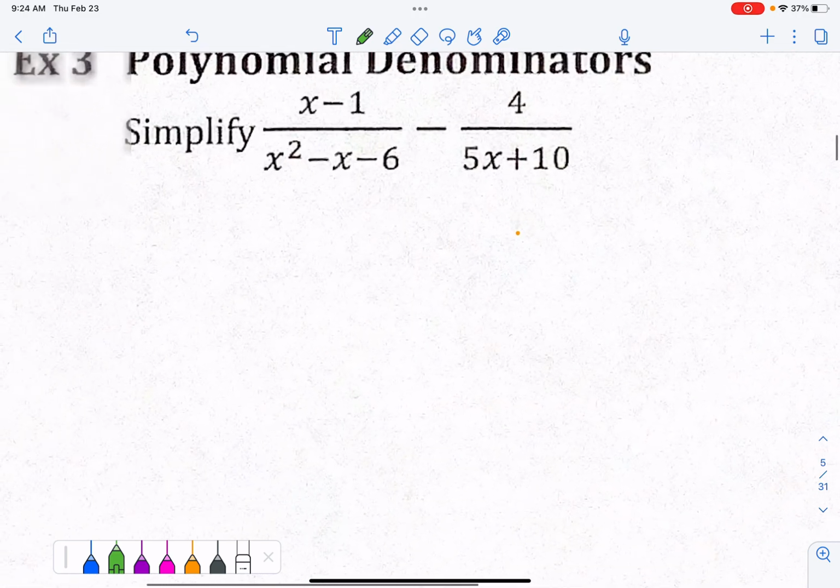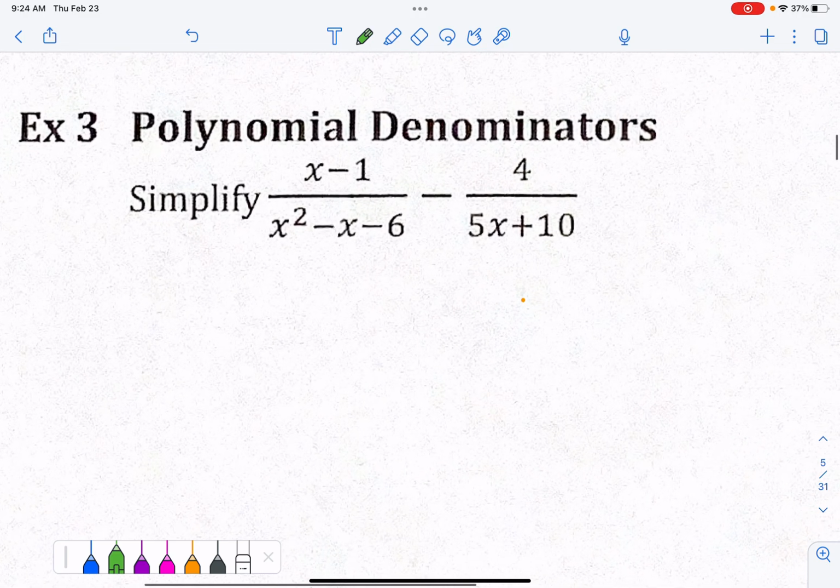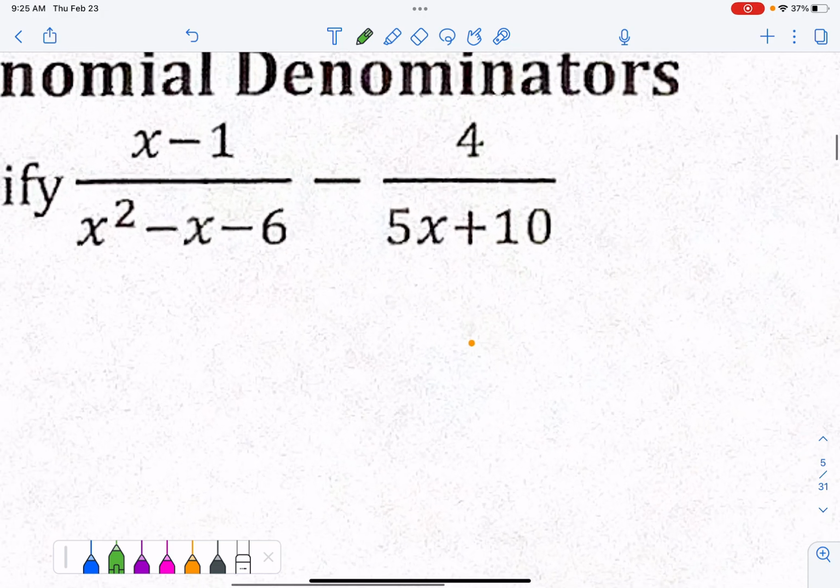Here we go. Let's do example 3. This one is subtraction. Here's what I do when I am subtracting. To make sure that I don't end up skipping, like when you do subtraction, you have to distribute through the negative. So whenever I'm subtracting, to make sure that I don't forget to distribute that negative through,